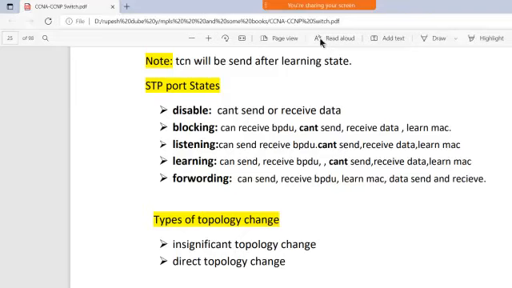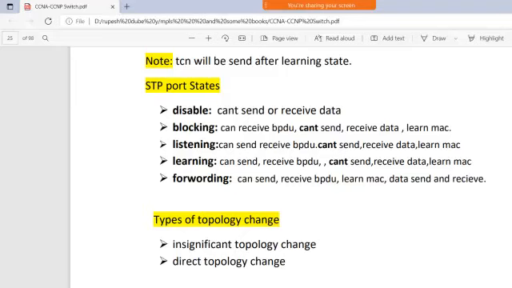The STP port states are disabled, blocking, listening, learning, and then forwarding, right? Disabled means it cannot send or receive data; it is totally stopped. Blocking means it can receive BPDUs, but it cannot send BPDU messages, right?